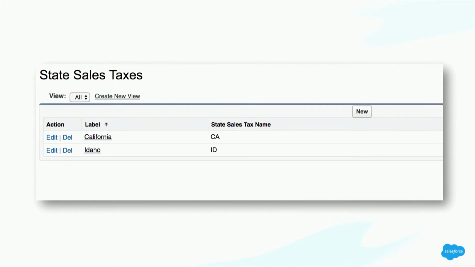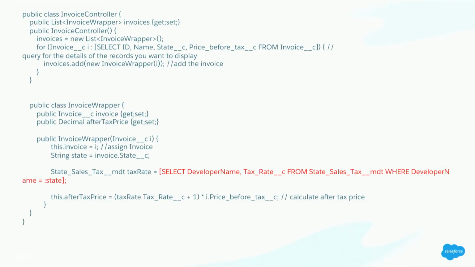So now you have all the list of records. I only created 2, for California and Idaho, and I can go and set up a tax rate for each of those states. So now what I have here is a simple, sorry, it's not really readable, simple Apex controller for my